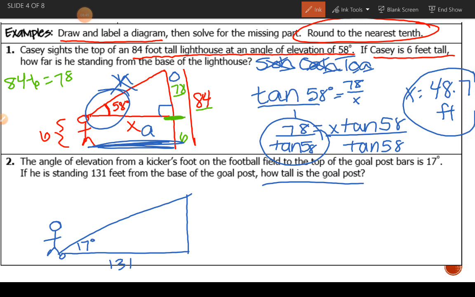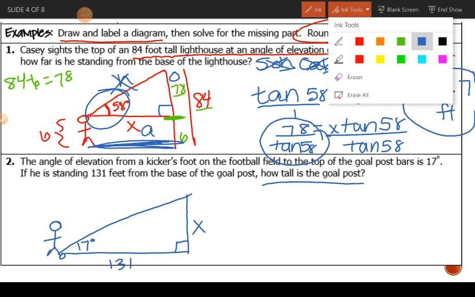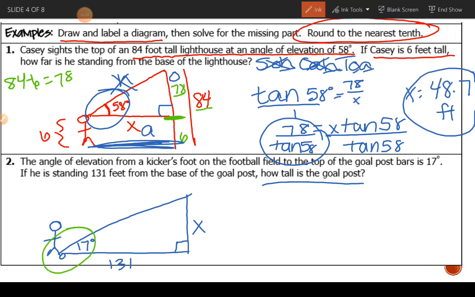Okay, and it says how tall is the goalpost. So that's what we're using here. We have our 90-degree angle here. So let's go ahead and label this triangle. Circle. Our hypotenuse is up here. Okay, again, touching the angle, the adjacent is going to be down here, and then the x is going to be the opposite. So again, if we draw out our SOHCAHTOA,